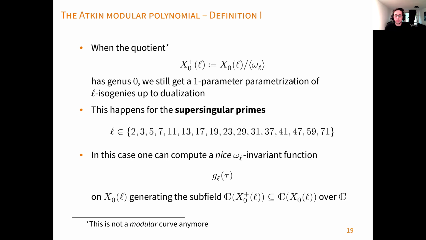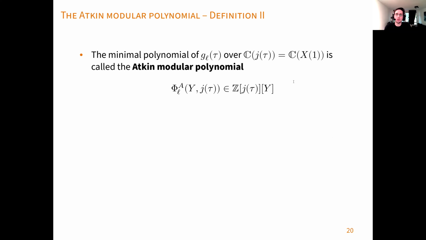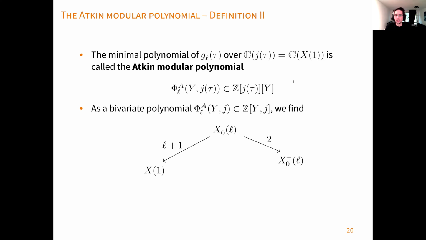This can be computed via an algorithm due to Atkin, but I won't give the formulas here. But once we have this so-called Atkin modular function, we can again do the same thing. We can define its minimal polynomial over the function field of x1. And this is the so-called Atkin modular polynomial this time around. And luckily, again, this will have integer coefficients. So we can again consider it as a polynomial over the integers in 2 variables, and we again want to